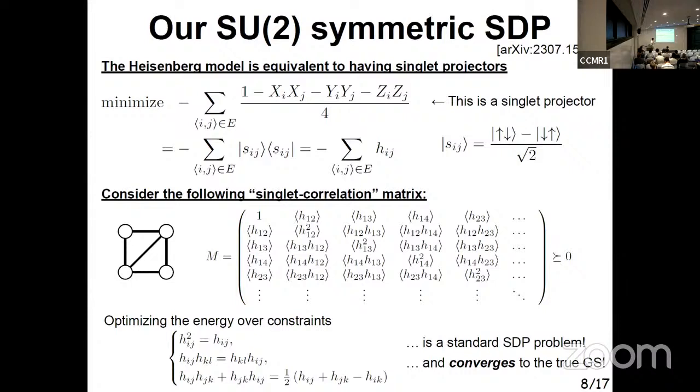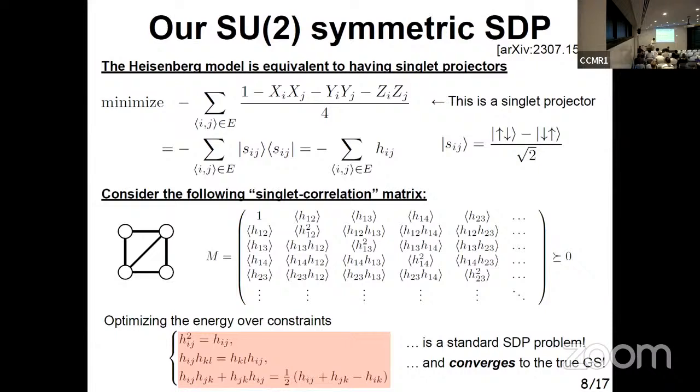So you can, again, put this into an SDP format. And we can prove that all you need are these 3 relations in order to have convergence. Just like in the classical case, we can prove that when you go to high enough degree, the hierarchy converges to the true ground state value, which means that we can view even level 1 as a first order approximation for a systematically